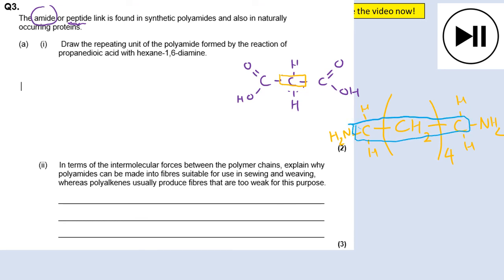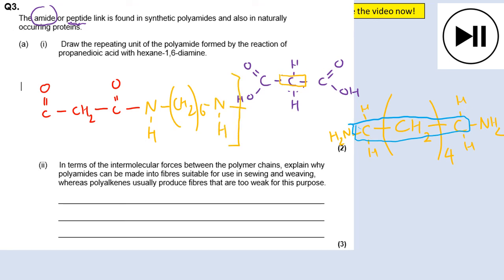Okay, so I'm going to draw my repeat unit now. I'm going to start, doesn't matter where I start, there's several ways of doing this. I'm going to start with my acid group. So I'm just going to draw the carbonyl and then I'm going to separate them with the CH2. And I've got my other carbonyl. And now I've got my amide link, and it's an NH. One of the H's is gone, but we've still got the NH. And then I'm actually going to put CH2 6 this time, and then it goes to NH